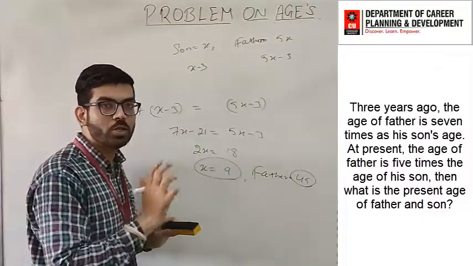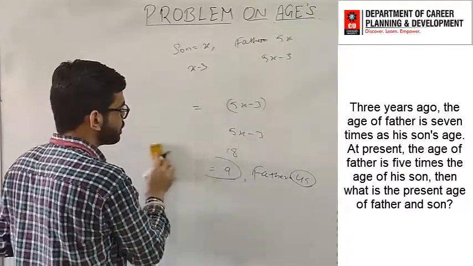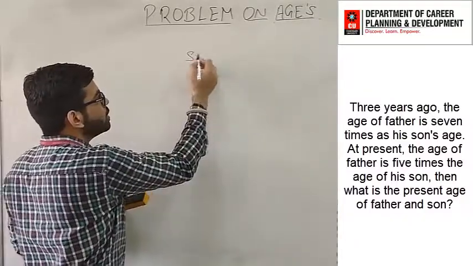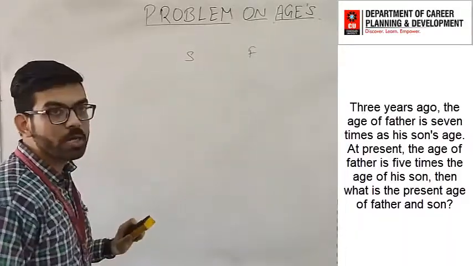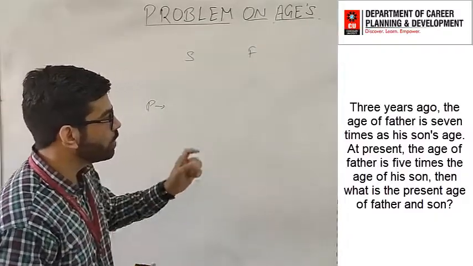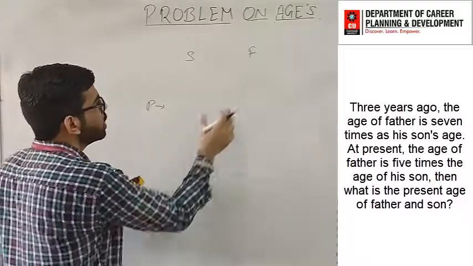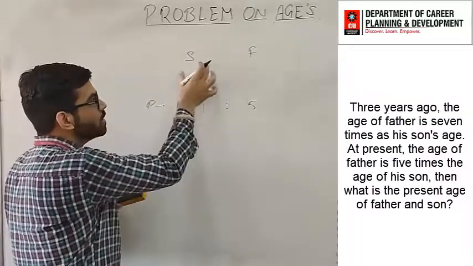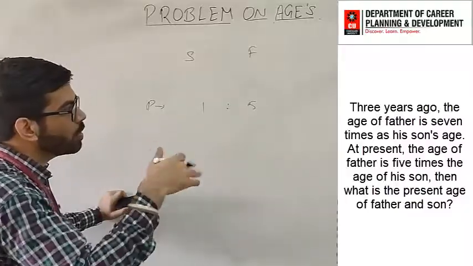Okay, let's see this by another, second approach. The second approach is the ratio method. How do we solve this type of question by the ratio method? The ratio method is like this. Write it as son and father. It is talking about the present and the past. So let's represent this one as your present ratio. The present ratio will be according to the question: at present the age of the father is 5 times the age of his son. So if you take the son as 1, then the ratio between the son's age and the father's age at present comes out to be 1:5. And the next part is talking about 3 years ago.